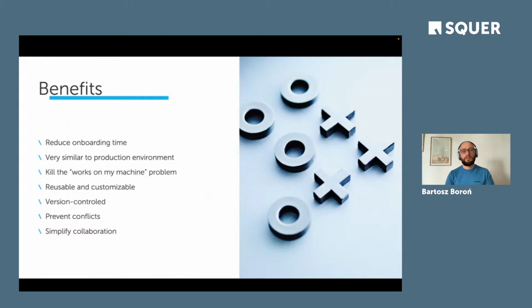The container isolation prevents basically any kind of conflicts between similar or different versions of the same stacks between projects.